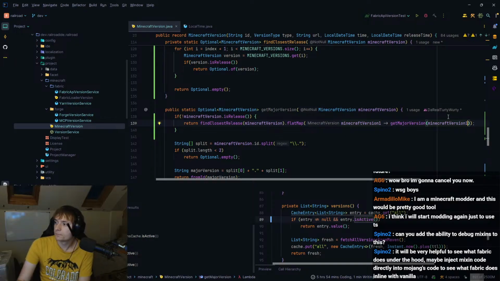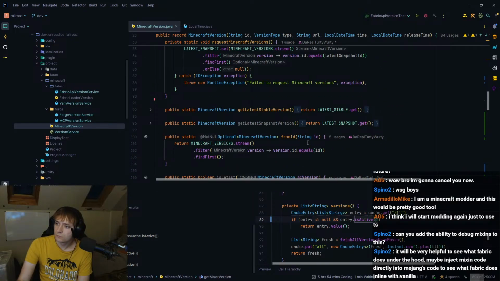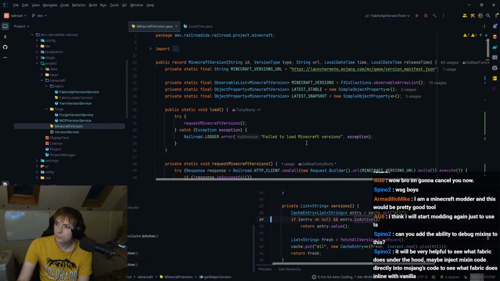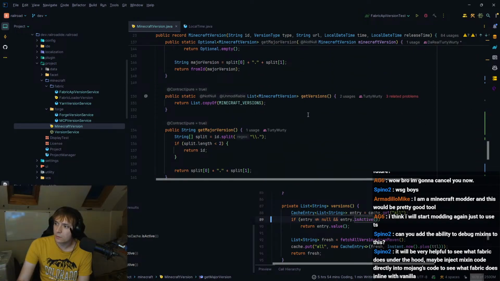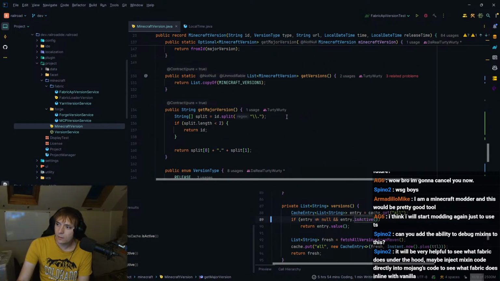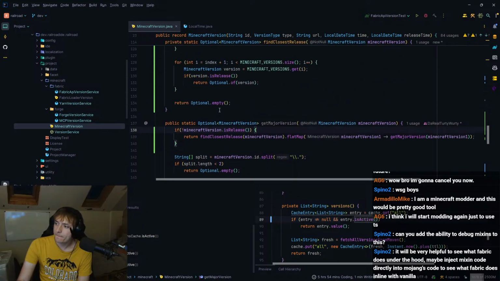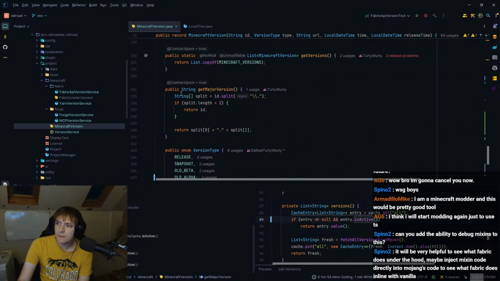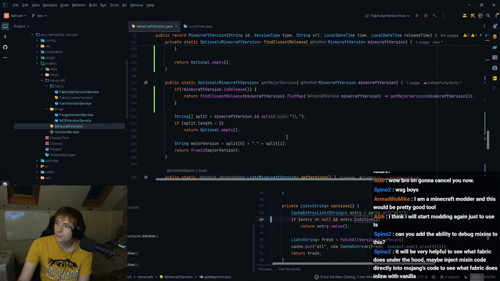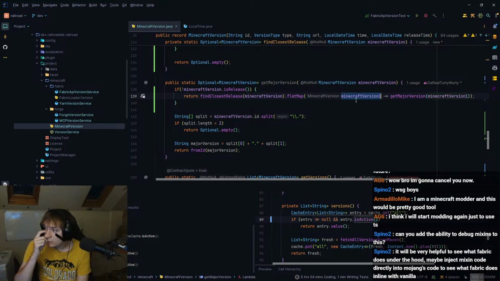That one. Wait. No, that's not ambiguous. Is it? Oh, wait. No, it's not, because this isn't taking a parameter. This takes in a parameter, which is this. Or am I crazy? I must be crazy. Yeah, I have to be going crazy.